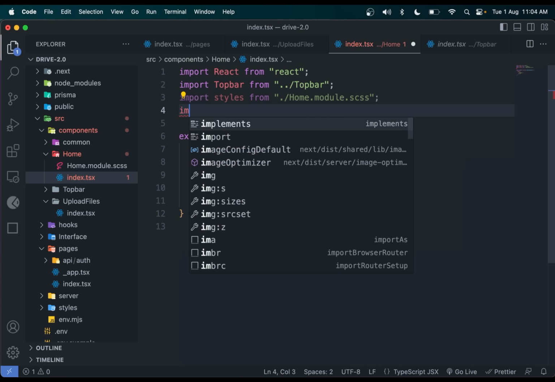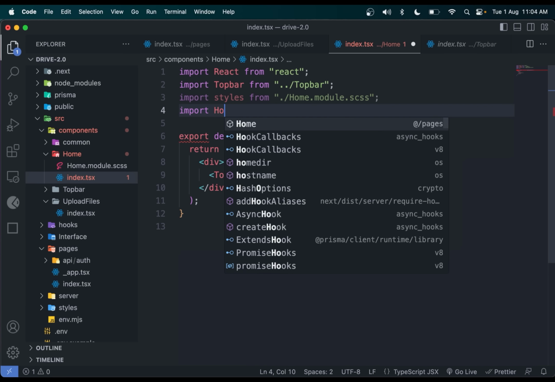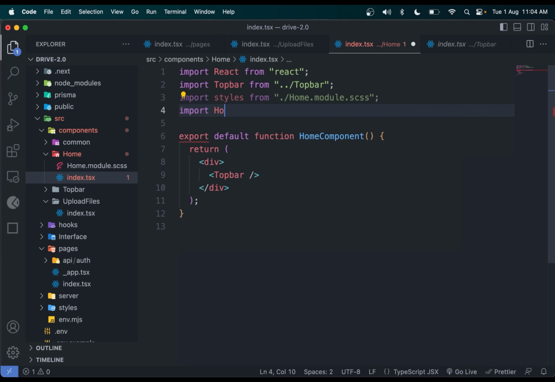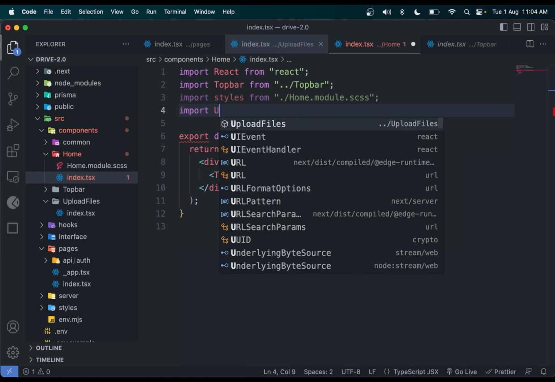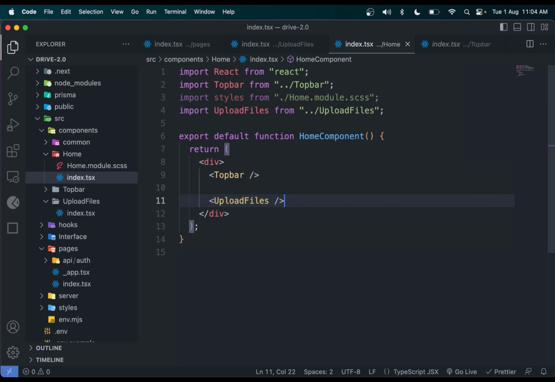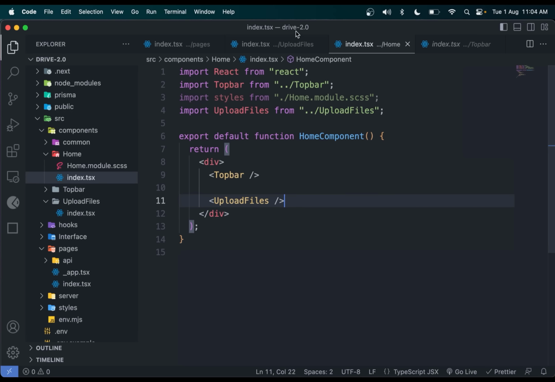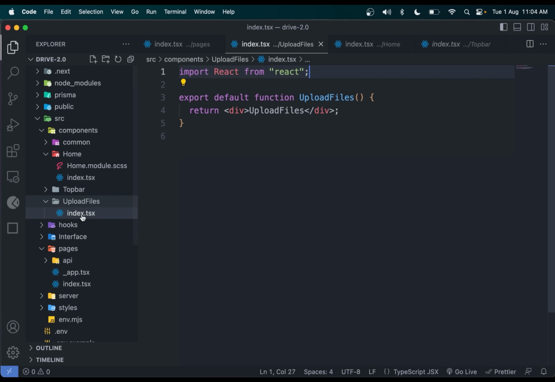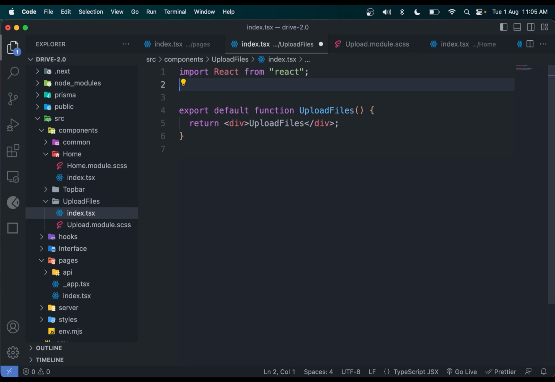But okay, let me also get it in the home component. So we can say import upload files from upload files, then render it here. So I will see upload files here. Fine. Now we need to come to this file and just make a folder first. Make a file for this styling. So upload dot module dot scss. So import this at the top,